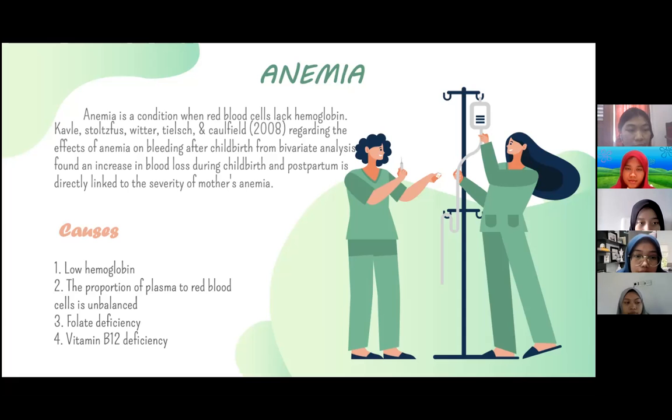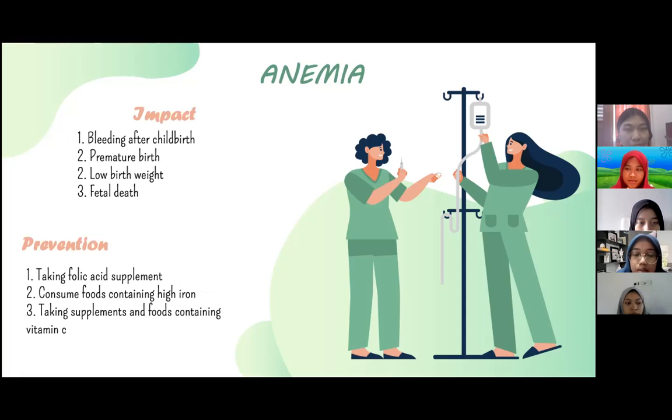Mothers with anemia can trigger a hemorrhage after childbirth. This condition is due to dilutional hemoglobin during pregnancy that causes blood pressure to take effect. Anemia can also result in premature birth, low birth weight, even fetal death. I suggest to pregnant mothers to start being better at keeping food by taking folic acid supplement with doses recommended by doctors and by food containing high iron. Additionally, I recommend taking supplement and food containing vitamin C.